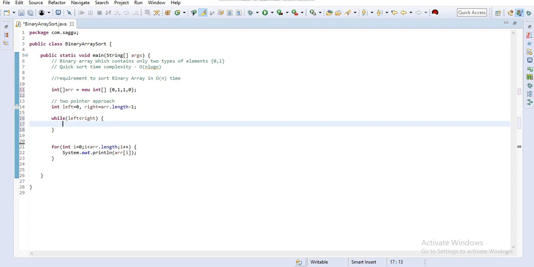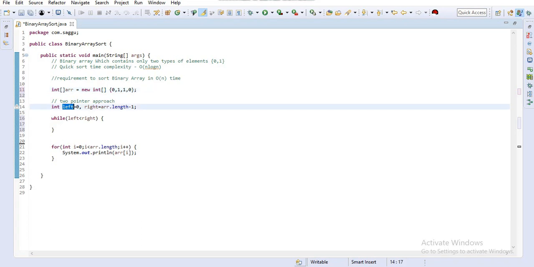If at the 0th position we have a 0, then I will straightaway increment the left pointer. And on the right side, if I have a 1, then I will decrement the right pointer.